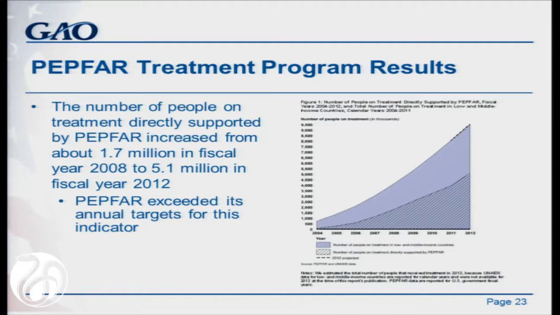And as you can see in the graph there, the top line would represent all people on treatment in low and middle income countries, and then the bottom line with the shaded area is PEPFAR. What PEPFAR estimates to be its direct contribution to that number of people. And it's been consistently about half over this time period. So that's a really important contribution that PEPFAR makes in these countries. Oh, and I guess it's noted here as well, and mentioned earlier, and the IOM report mentions this as well, that for all of the years, the number of people on treatment in PEPFAR has always exceeded its annual targets.